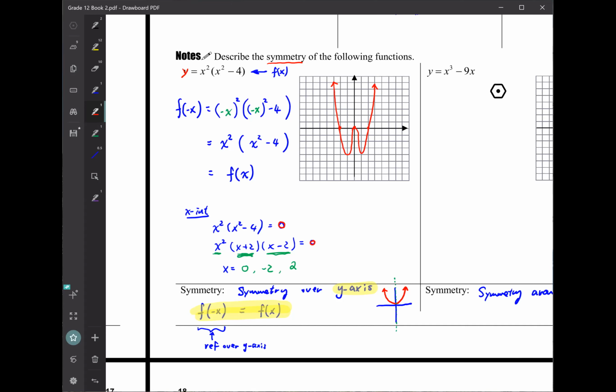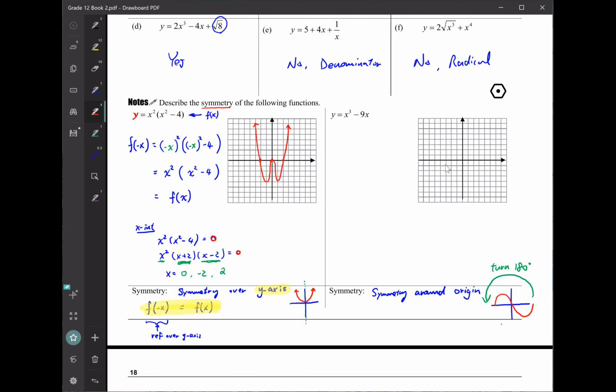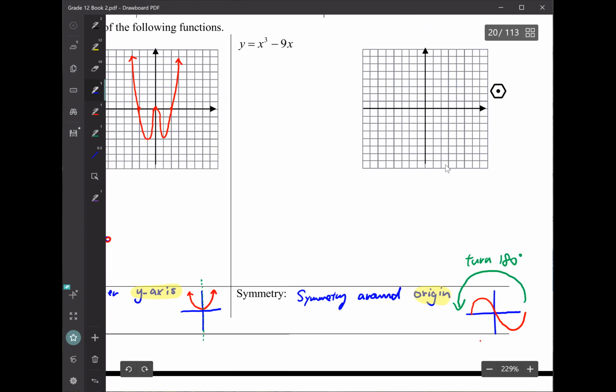Maybe I can show you with decimals later. Let me finish the right-hand side. So let's look at the right side now. The right side is symmetry around the origin. So the rule for this, think about this sine wave. If I reflect this graph over the y-axis,